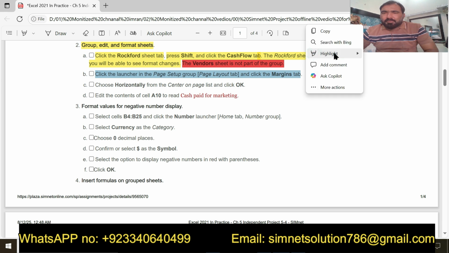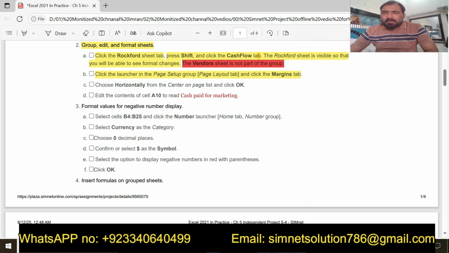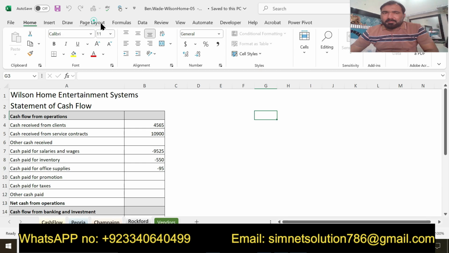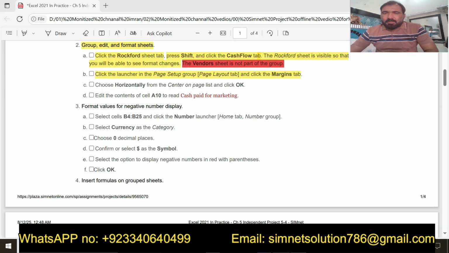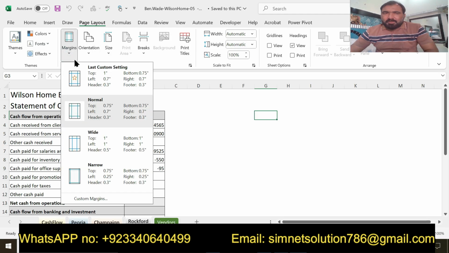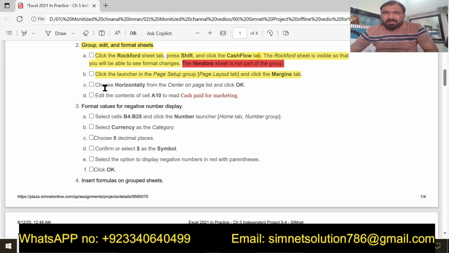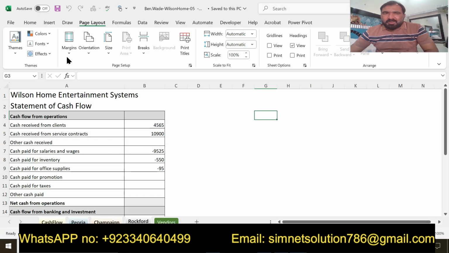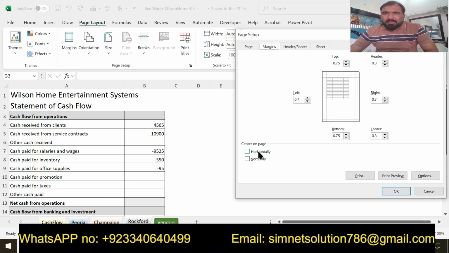We have to click on page setup or page layout, then click on the margin tab. Then in the next part we have to choose horizontal from the center on page, then simply press OK. So we just open this one, custom margin, and from here we have to choose horizontal, then simply press